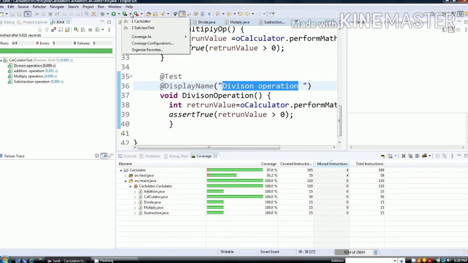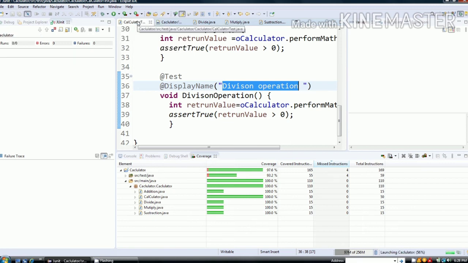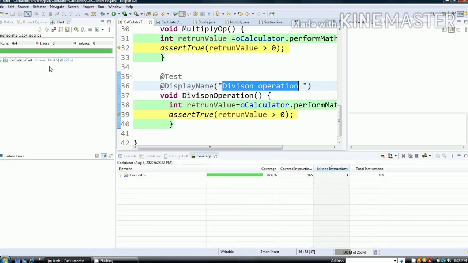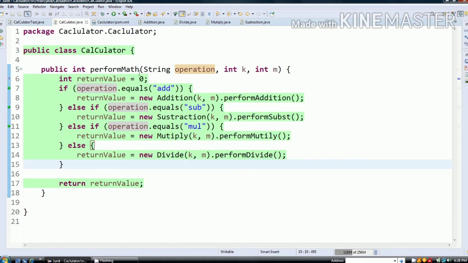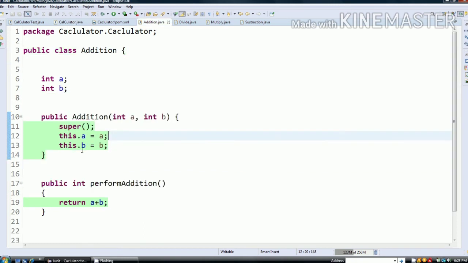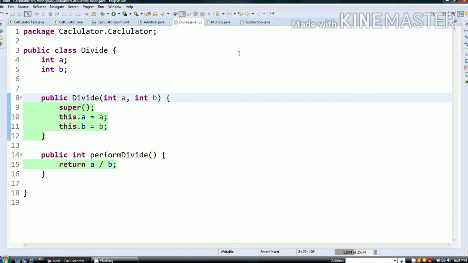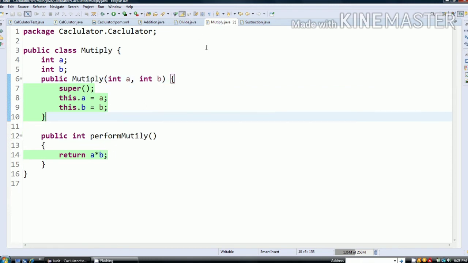Let's see the coverage of each class, how much we are covering. So I clicked on the calculator. We have to wait for some time. It will take some time to display the result. The Surefire plugin will provide all the details. So you can see here each class is giving green and yellow. If you see green, it means that this is the coverage. This provides the details about the coverage of each class. So it is giving green everywhere.